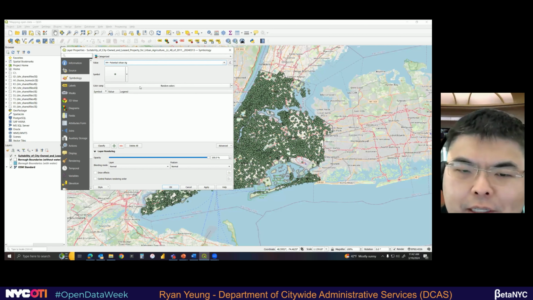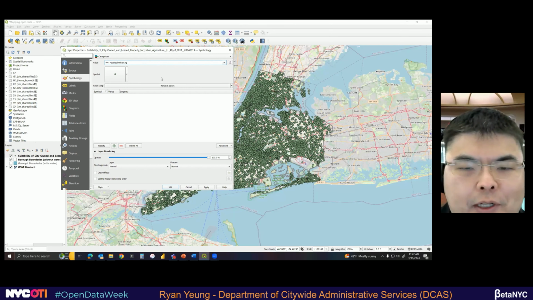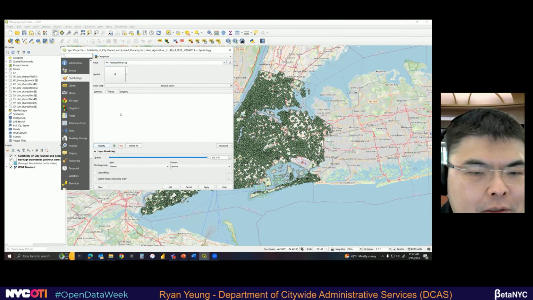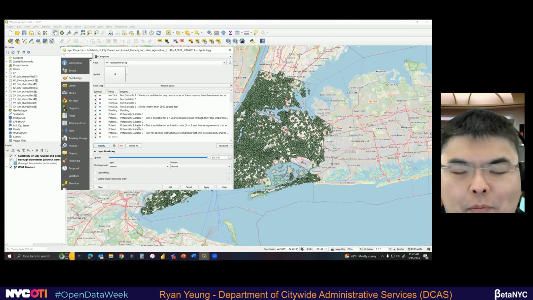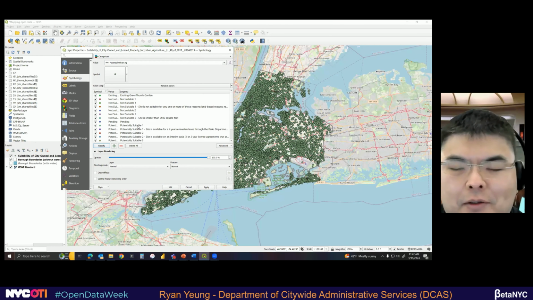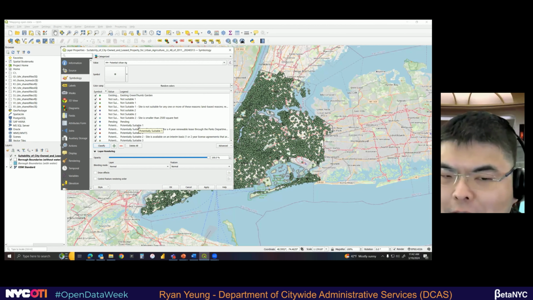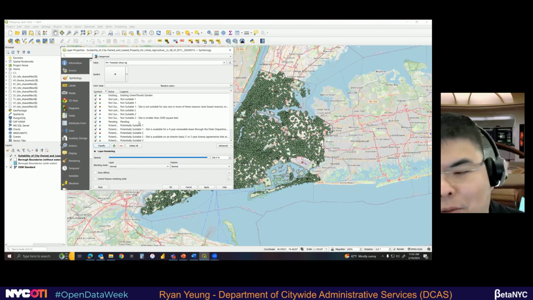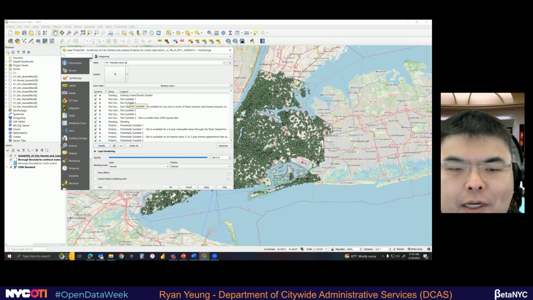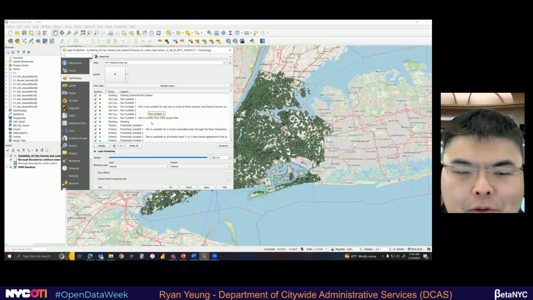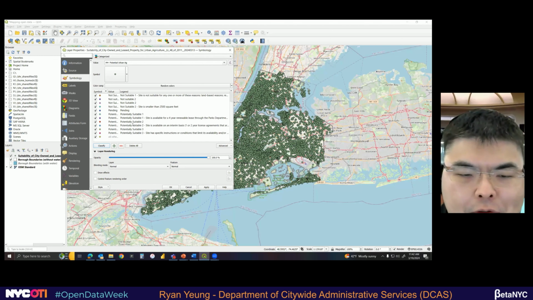And I'm lazy. We can do random colors to classify. And we have a bunch of different categories. And we don't probably need all these categories. Existing, we should probably know where those are. Not suitable is useful. Potentially suitable is useful.